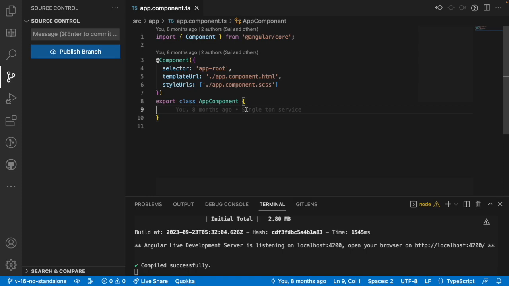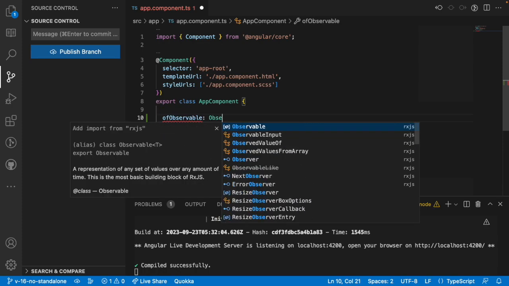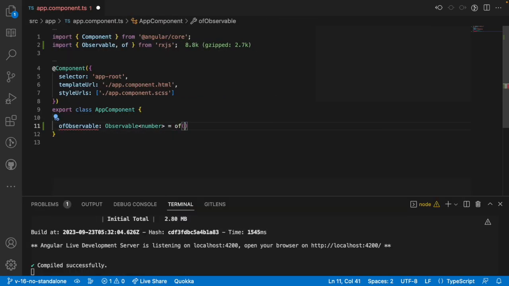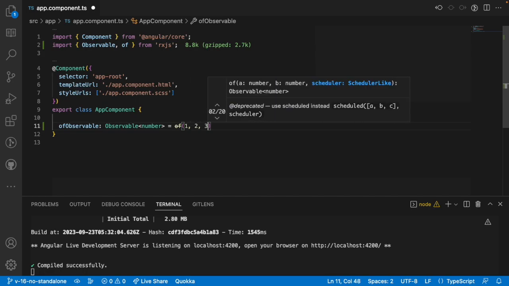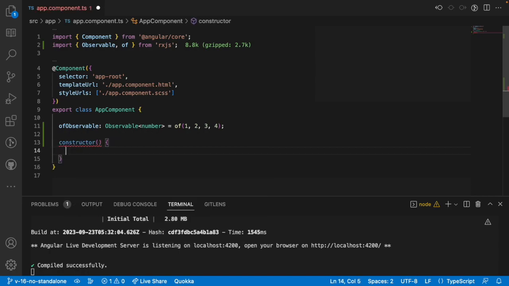Based on the observable itself, we will be targeting our tap, filter or any other operators. First, I'll show you how we can do it with a normal observable, and then we will go with HTTP calls. So in this first one, I'll use something like an of observable. I'm creating an of observable, which is of type Observable number, and I'm using the of operator, and let me pass some set of arguments or values. Let me pass 1, 2, 3, 4, and now let me use a constructor,